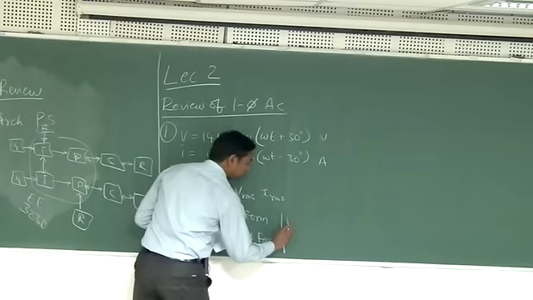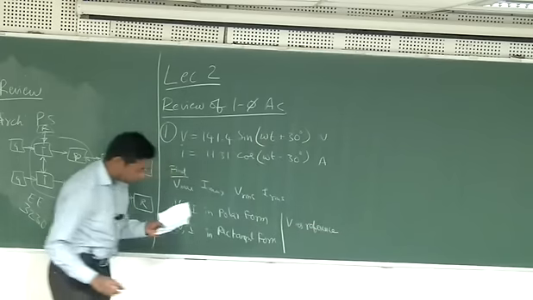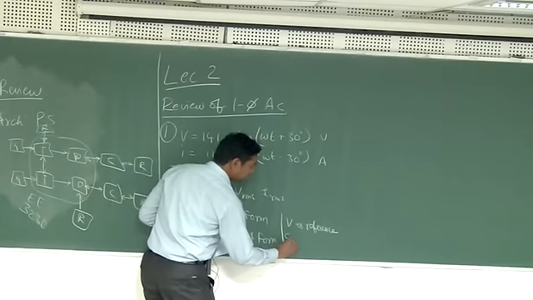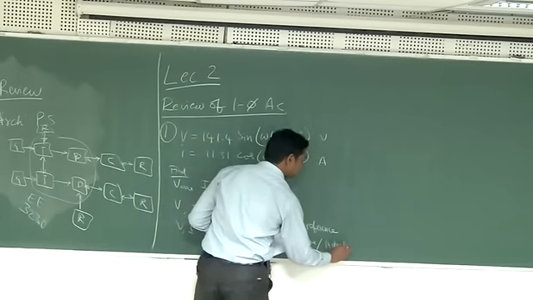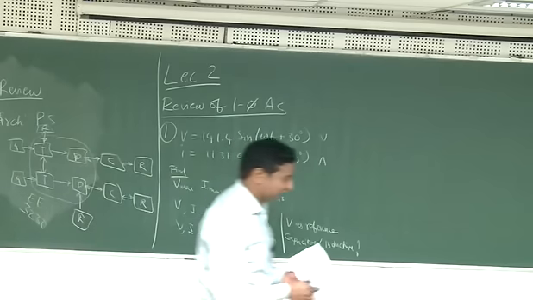One thing is you take V as reference, and then the question is: is it capacitive or inductive? Let me verbally put the question also. Assume that there is an AC circuit and the input voltage is like that, input current is like that. Given the input voltage and input current, the question is this. So these are all the questions. Just take 2 minutes to work it out, and then we'll compare the answers.